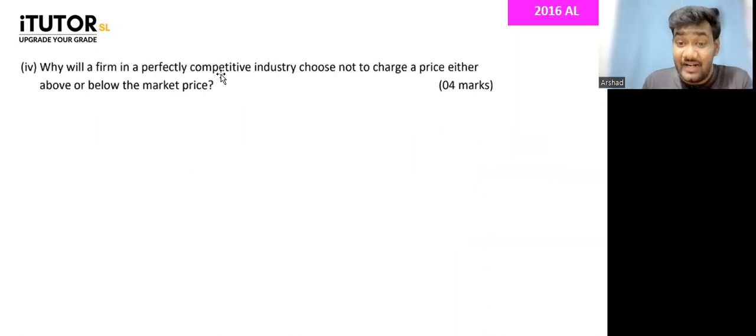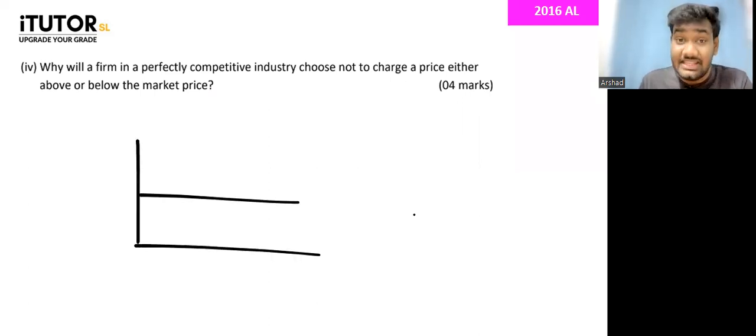Why will a firm in a perfectly competitive industry choose not to charge a price either above or below the market price? You can start off your answer by saying a firm in perfect competition is a price taker. In other words, they have a perfectly elastic demand curve. If you want, draw a small diagram and show it also, no problem. Then